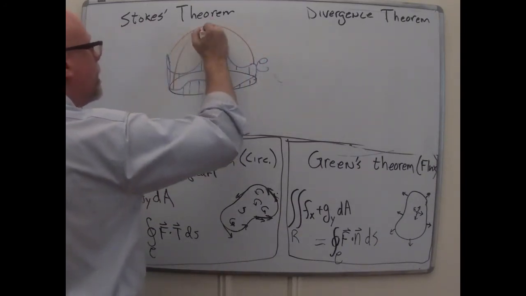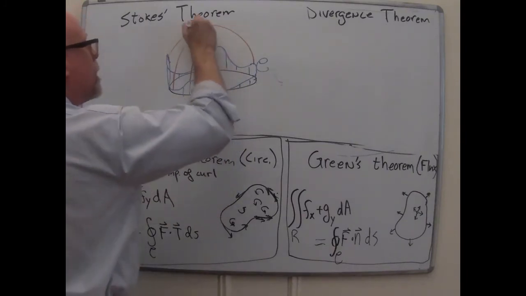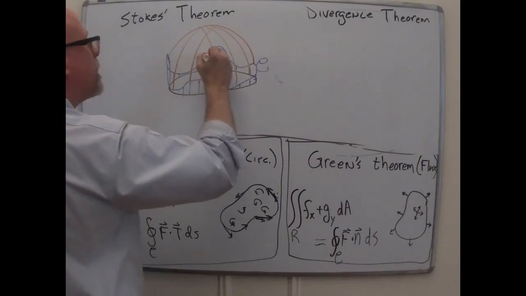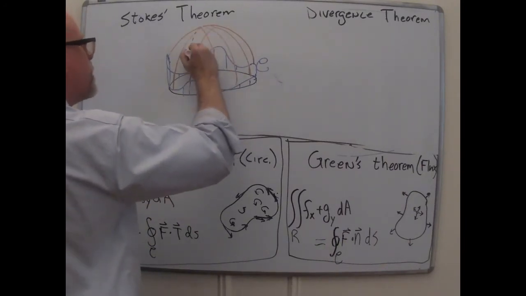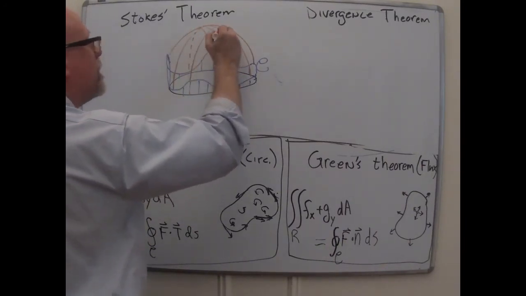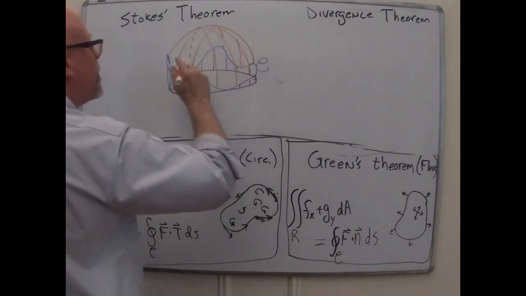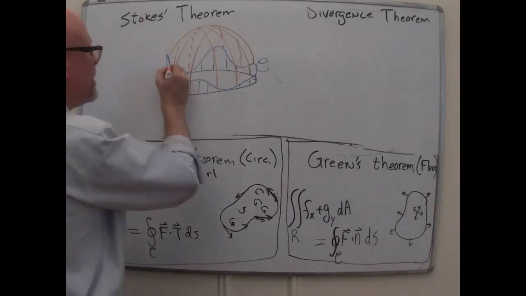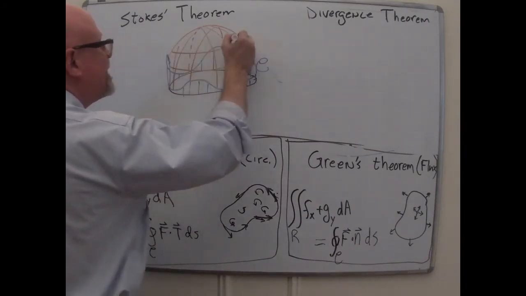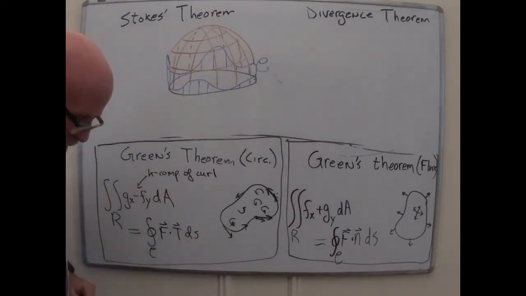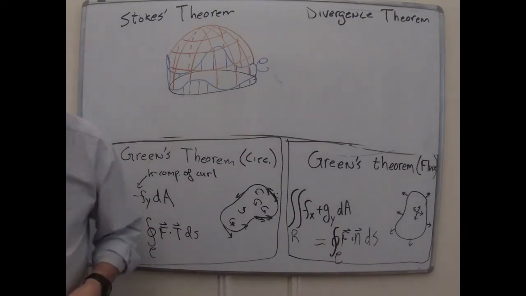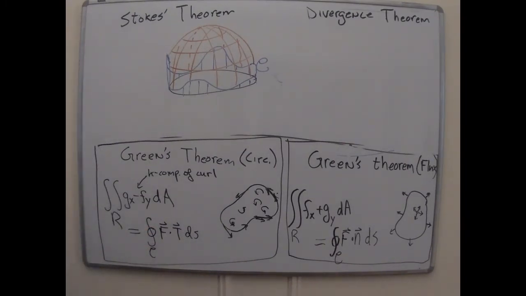So there's an inflatable tent, and I guess we can't see the ones that are going into the back, but there'll be lines in the back that are coming down, hooking it to the back side of the roller coaster. I'm not sure how well this diagram is working, but in any case, there's a surface, and C there is its boundary. And Stokes' theorem says that we can do an integral over the boundary or an integral over the surface, and we'll get the same result.